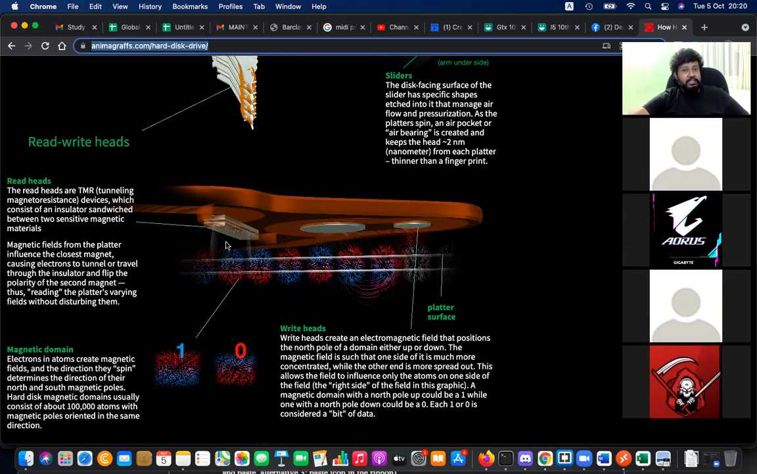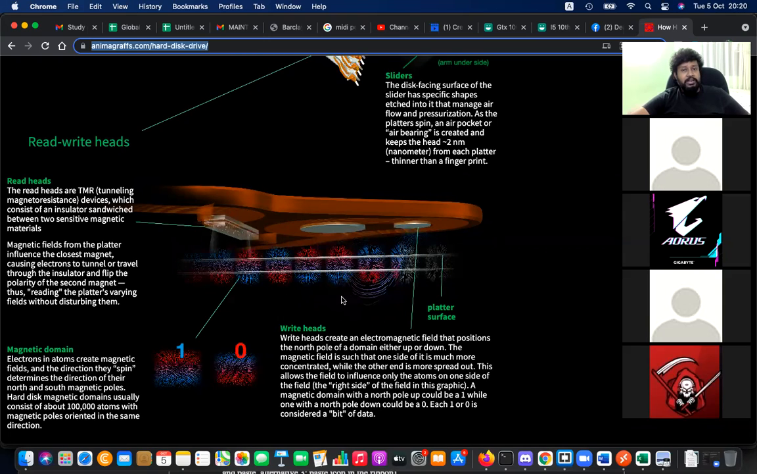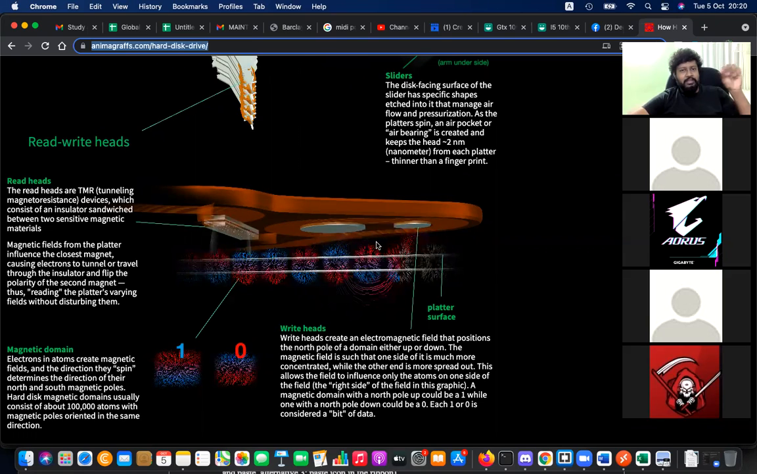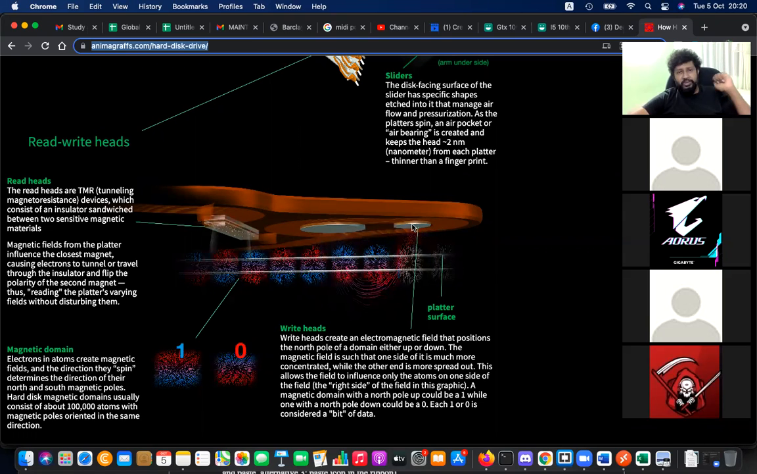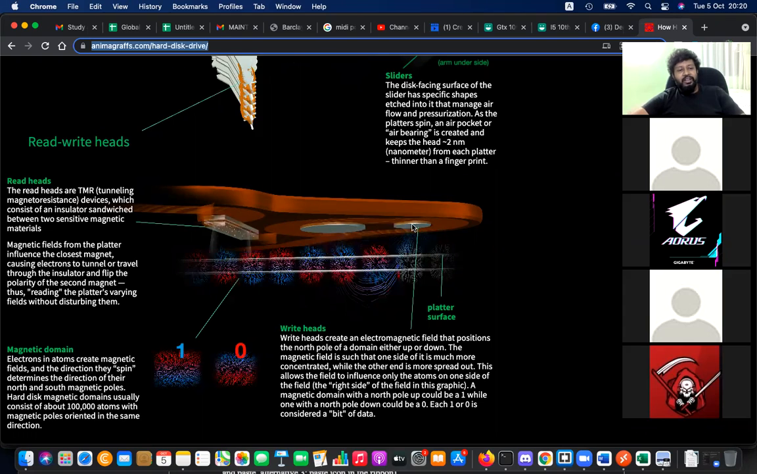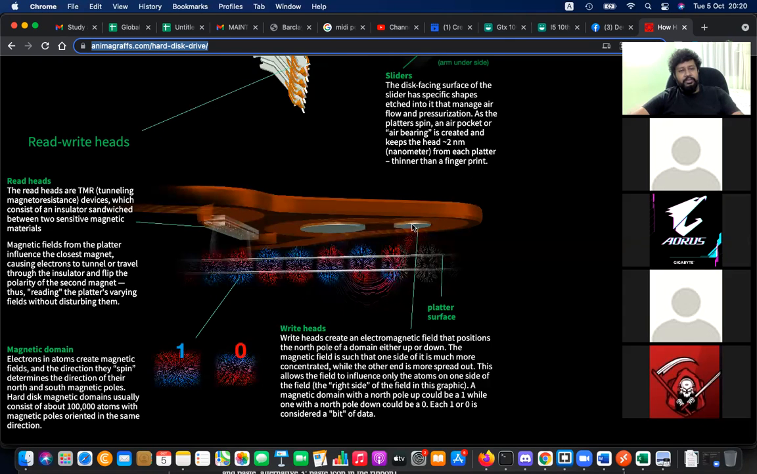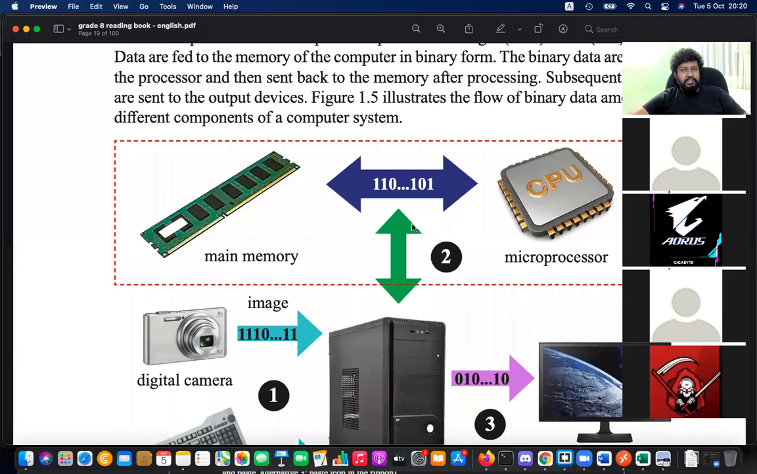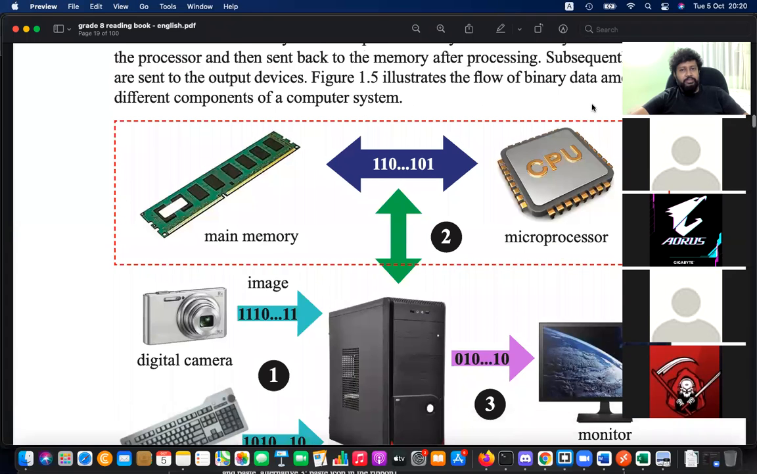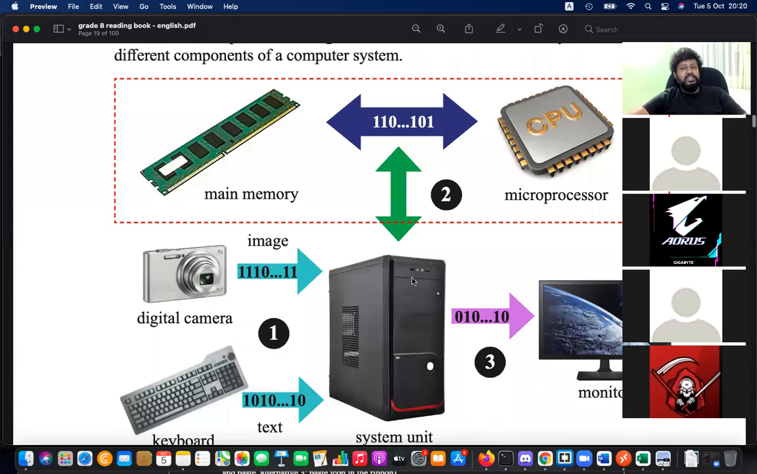The laser light is burning the platter. So burned areas are one. Platter means it's a thin aluminium layer. It's burning that. The burned areas are ones, unburned areas are zeros. That is how we store data in CDs and DVDs. Okay, so likewise, anything that is given to the computer will be converted to its language. That is binary. And finally, the output will also be given as binary, but we will understand that as our